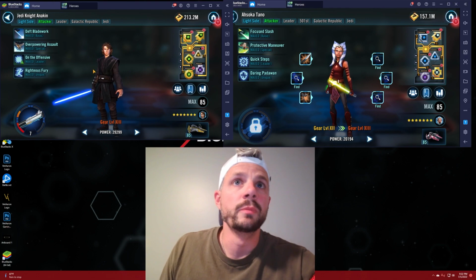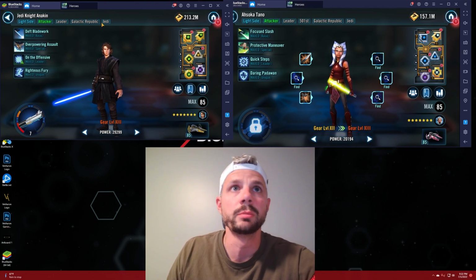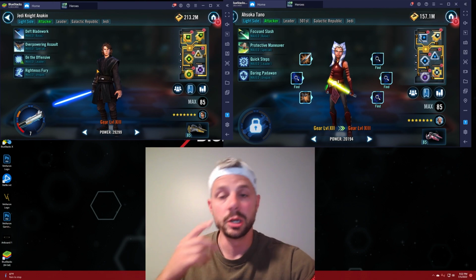Anyway, these are both staple characters in this game. Galactic Republic, Jedi, very strong characters. They both have ships that are crucial to the General Kenobi fleet. You really can't go wrong with either one of these characters. Jedi Knight